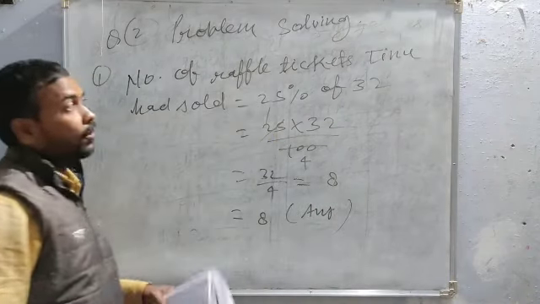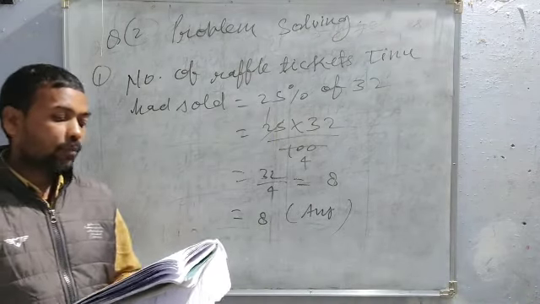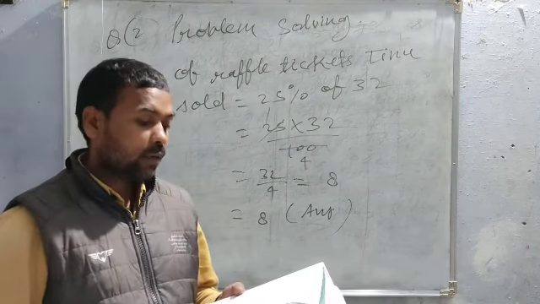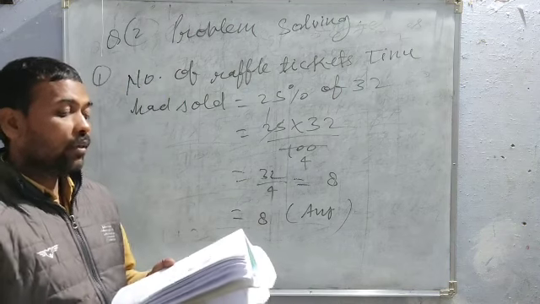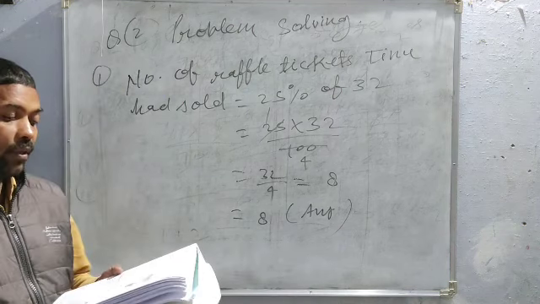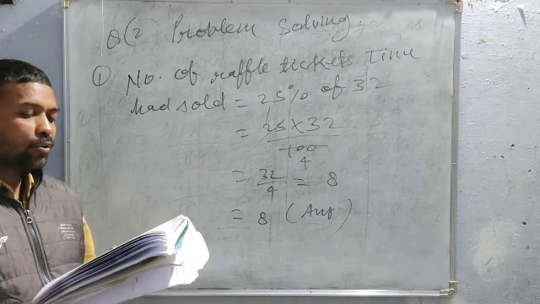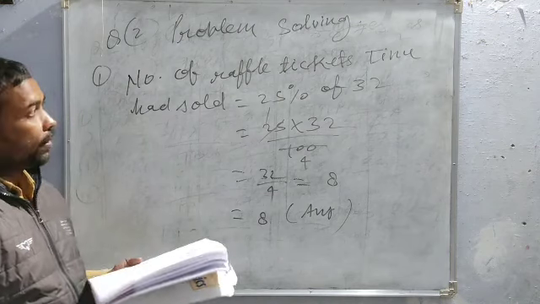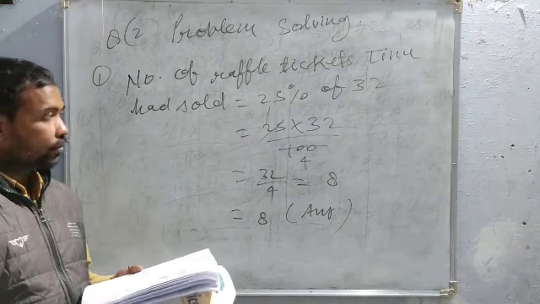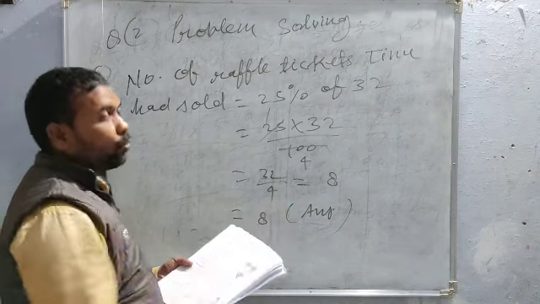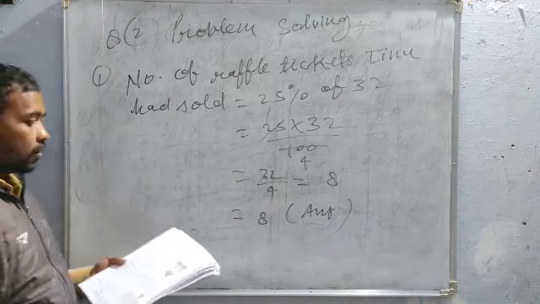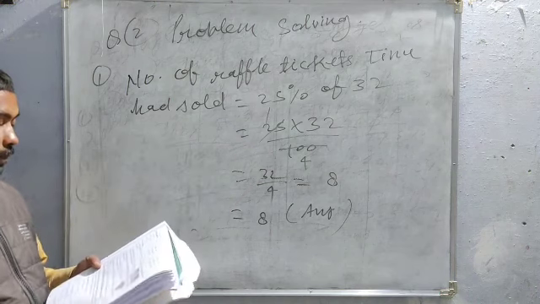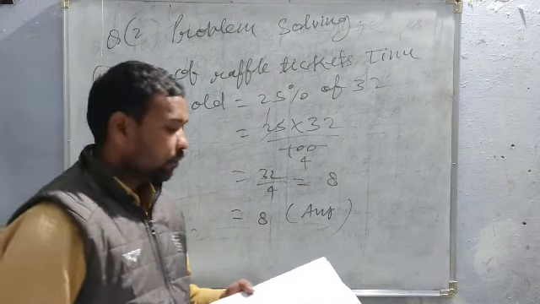You can write the statement more like this. The total number of raffle tickets Tinu had equal to 32, and percentage he sold 25%, or simply from the book, he sold of them equal 25%, and the third line should be the number of raffle tickets Tinu had sold. The remaining is the same way. So I hope you understood how to do problem solving. Now come on to the second one.